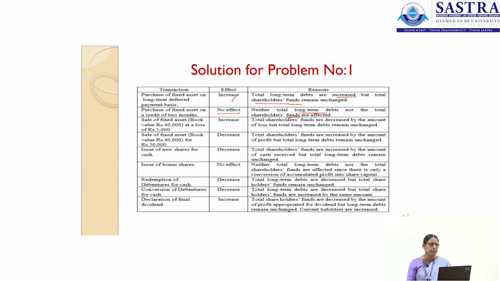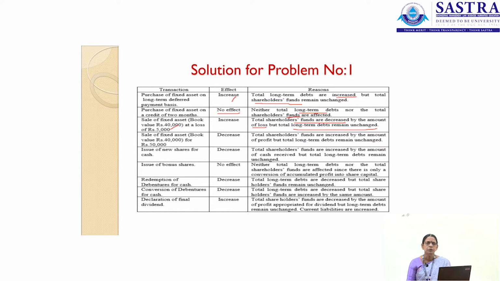So it is sold for 35,000 rupees. Now we have to see whether this will have an impact over the debt equity ratio. The total shareholders funds are decreased by the amount of loss because we have a loss of 5,000. This loss will be adjusted only in the shareholders funds, namely the capital. So the shareholders funds will get decreased and the total long-term debts remain unchanged because we don't borrow anything,